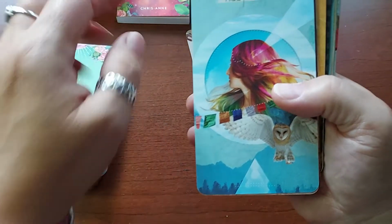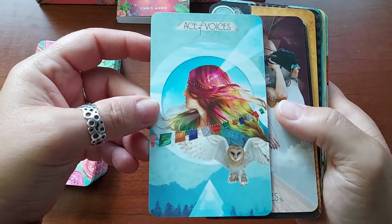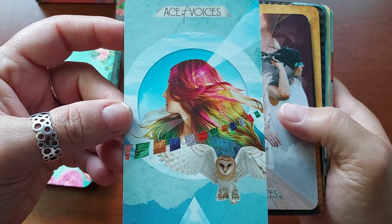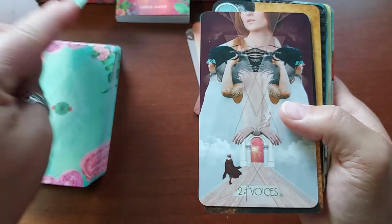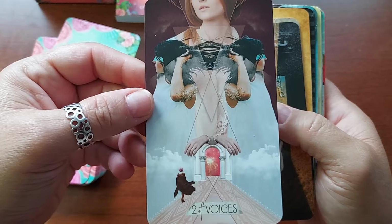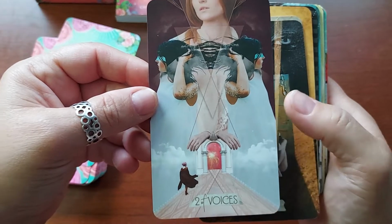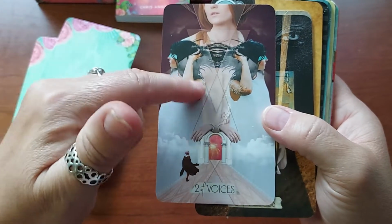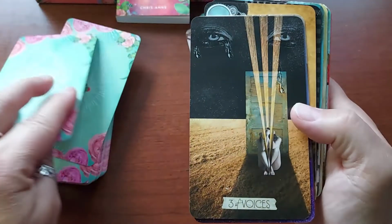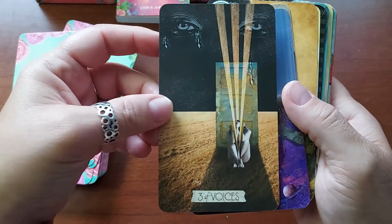Okay. Voices. So this is the swords. So Ace of Voices, beautiful. Wow, that's so pretty. I love that. 2 of Voices. These are very different, but they're very intuitive. Like, I don't know, they're just interesting cards. 3 of Voices,